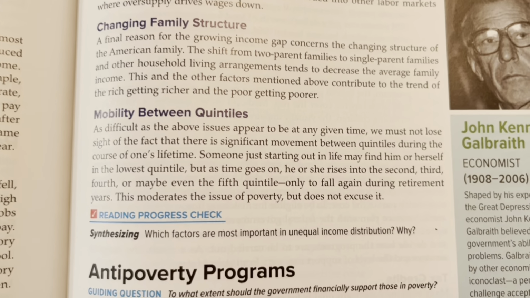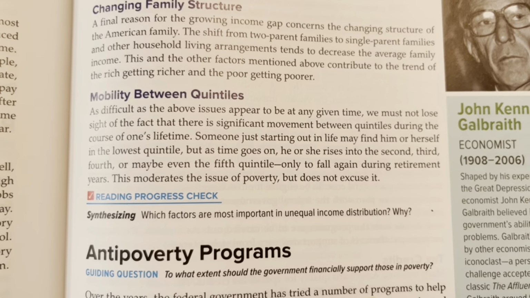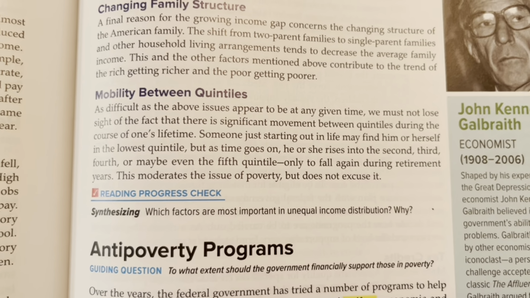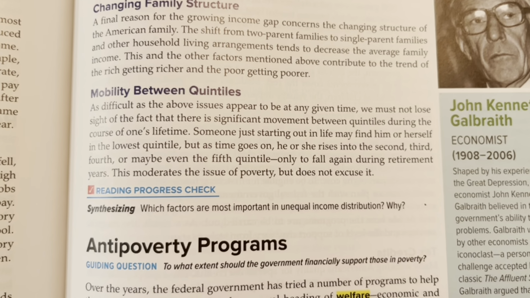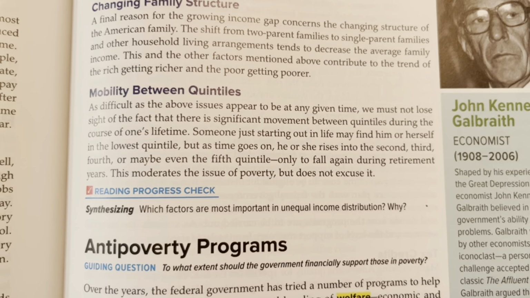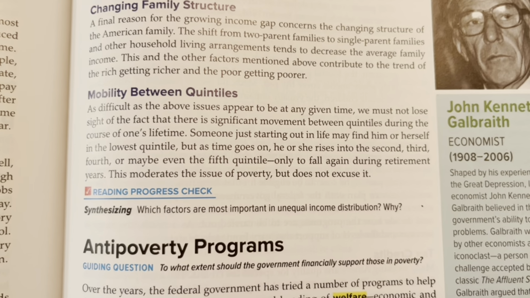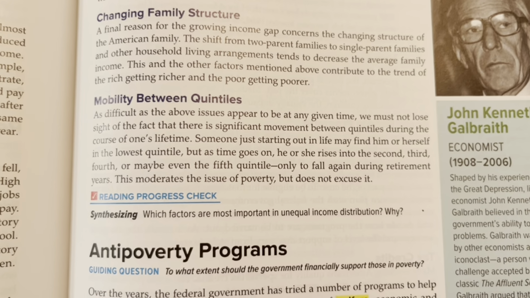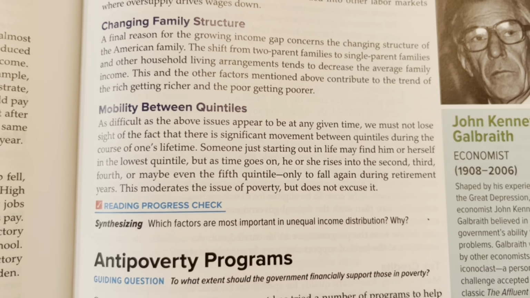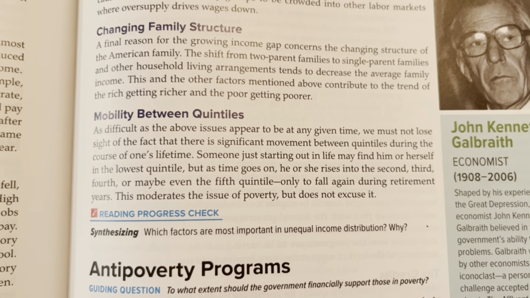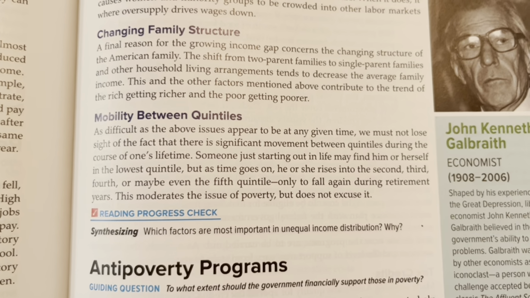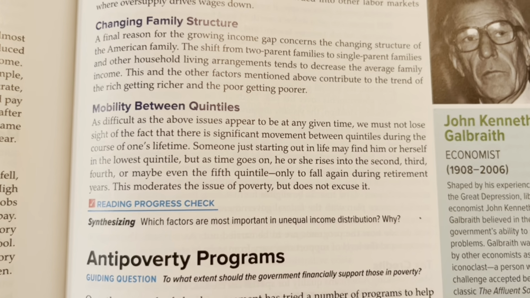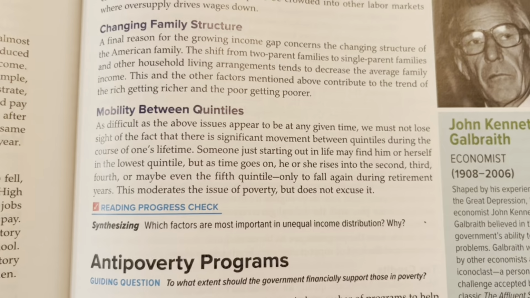But one important thing to understand is that nobody is locked into a particular wealth strata or category. It is very easy and very common for people to move. They might be fairly wealthy, but then because of a divorce, drop in their wealth. Or they might start out pretty low, but then go to college or develop some trade, go to apprenticeship, get a good job, and then move up. So it is possible in America to move around within wealth quintiles.